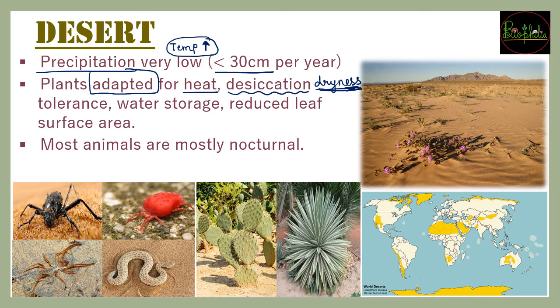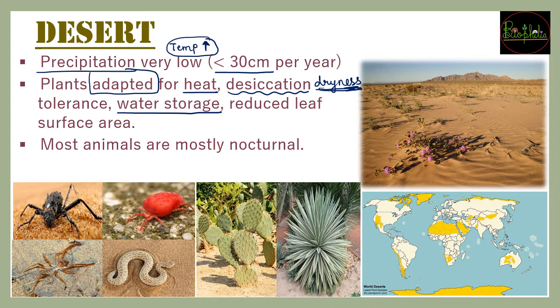So they should have tolerance to dryness, because in so much heat there is going to be a very high rate of evaporation, and because of more evaporation and more transpiration, the plants need to have the capability to live in that dryness. So they also need to have water conservation strategies, so that they can store water whenever they get a little bit of precipitation. At that time they will store all that water,